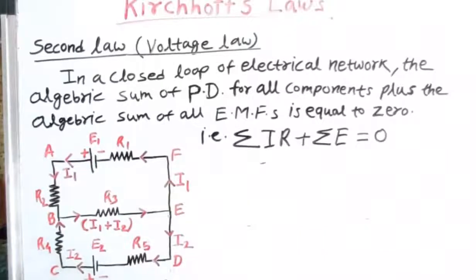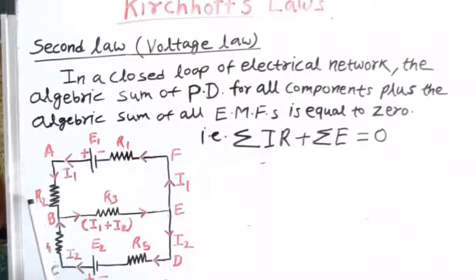It means, imagine if you have considered a loop, say A, B, E, F, A, and as we are tracing the loop in this direction A, B, E, F, A, you can see the direction of flow of current is in the same direction as the tracing of the loop. So in this case, the current is treated as negative.